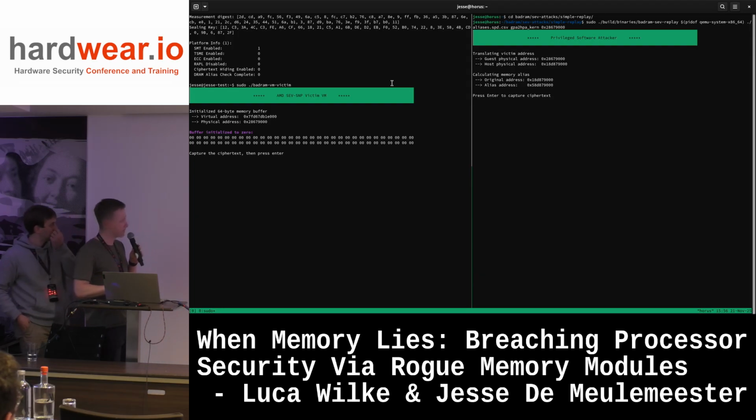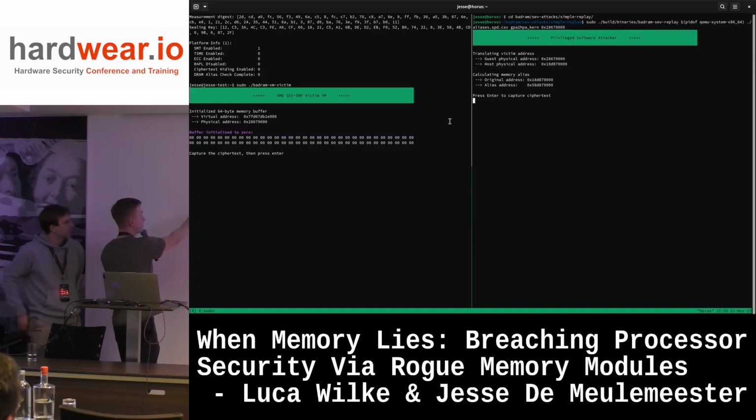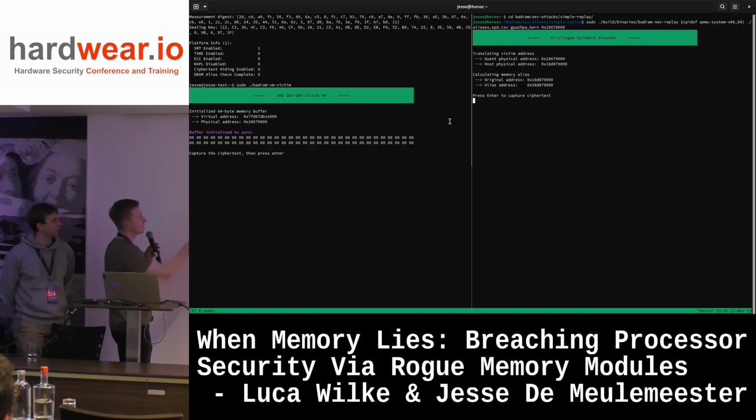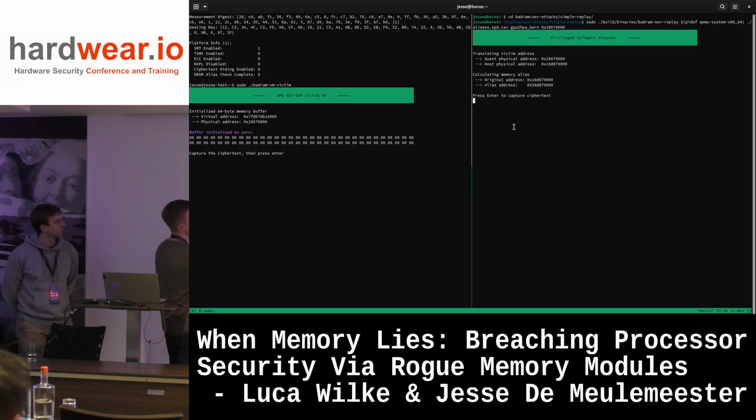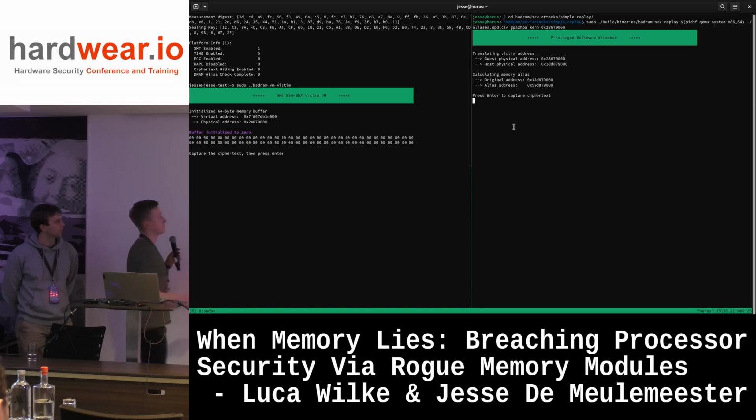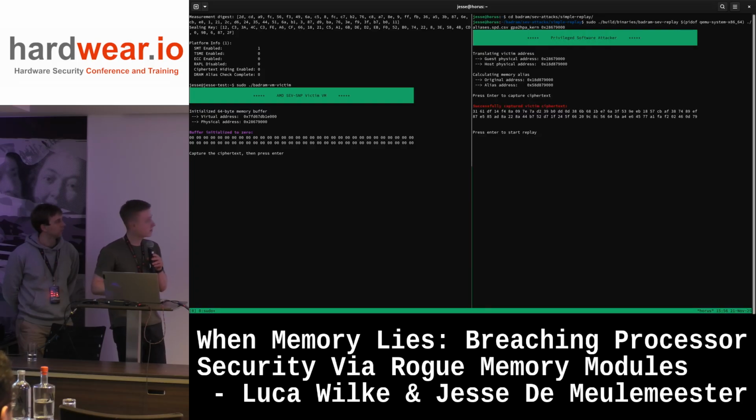Okay, but here on the left hand side we have our SEV-VM that's currently running somewhere in Leuven. And we allocated a memory buffer here and set it to 0. And on the right hand side we have our attacker on the hypervisor side, where we basically already provided the memory address of this buffer here. So this is a slightly simplified scenario. And now we can capture the ciphertext here,